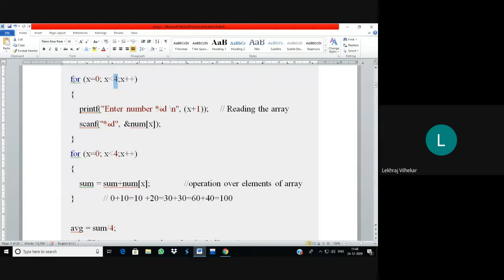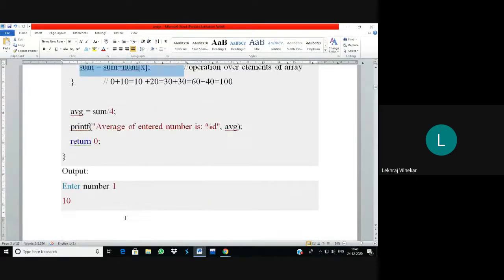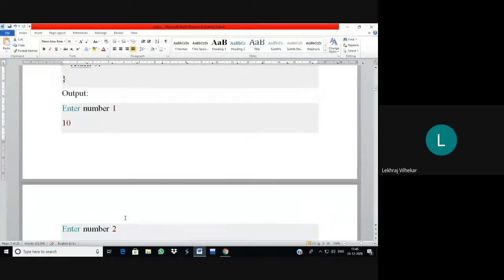But with the help of this for loop you can read the array 10 times. With the help of this for loop you can keep adding every element from the array 10 times, and after that you can simply find the average like this. So this is a very simple use of an array. Means with the help of an array you can represent a number of elements, that should be 10, 4, 25, 100, whatever you have to represent. So this is the beauty of the array. Okay, so this is a very simple example regarding the array.